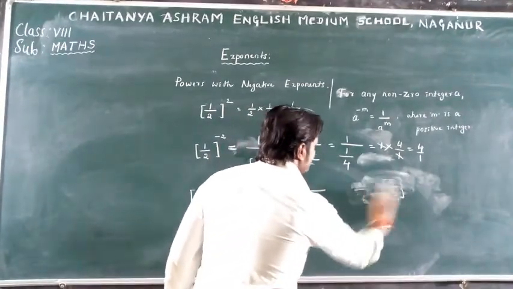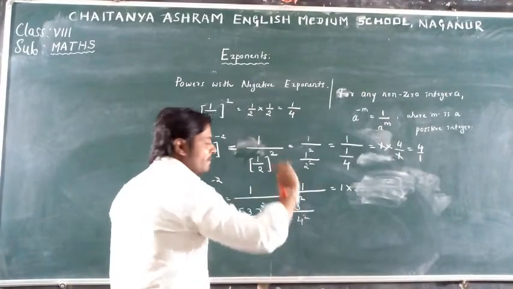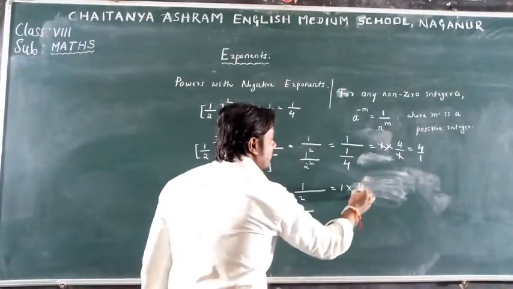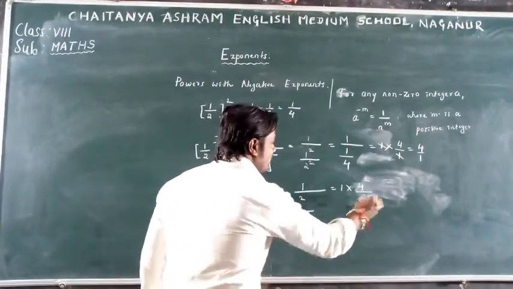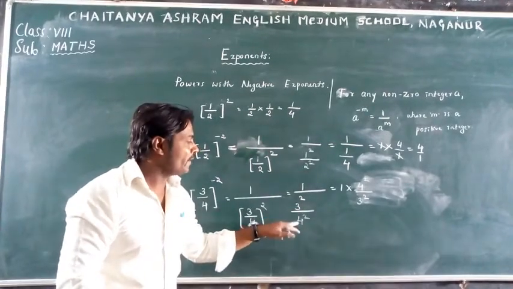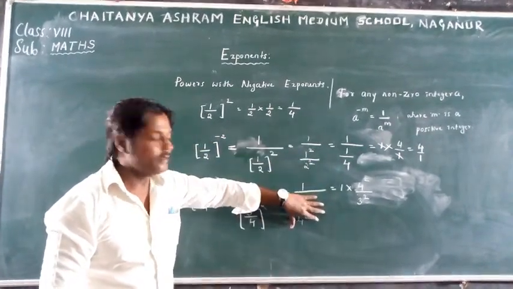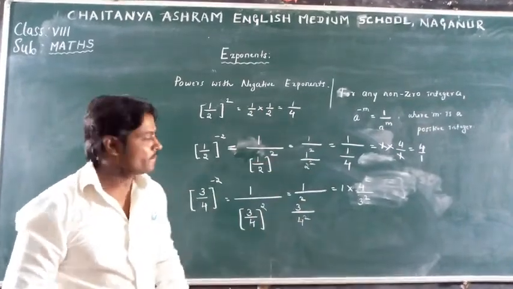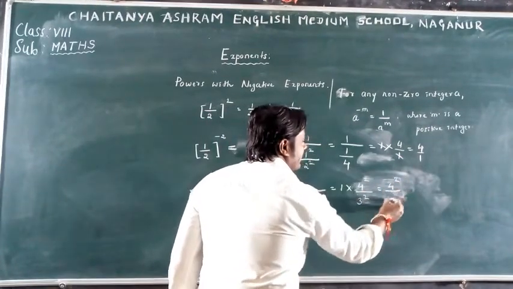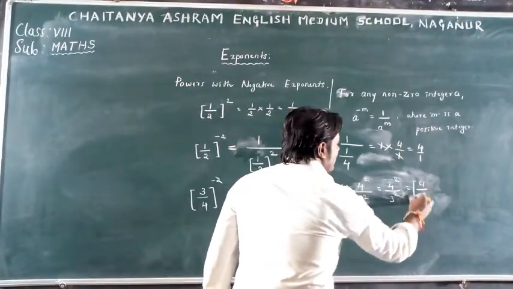Again, this is equal to 1, shift this fraction to numerator, numerator and denominator gets interchanged, 4 raised to the power 2 divided by 3 raised to the power 2. When we shift this fraction to numerator, numerator and denominator gets interchanged. This is like division of a number by a fraction. So then simplify. 1 into 4 to the power 2 is 4 to the power 2 divided by 3 to the power 2. Again by fifth law of exponent, this we can write 4 by 3 whole to the power 2.